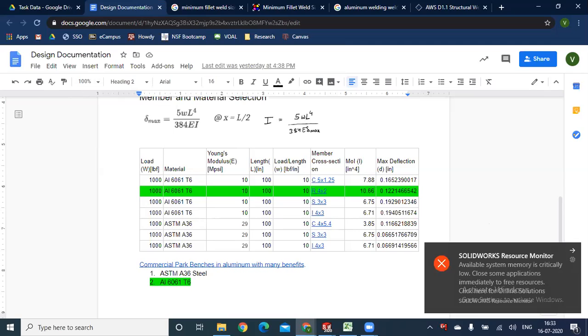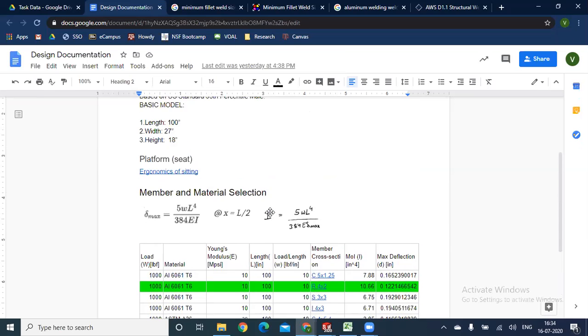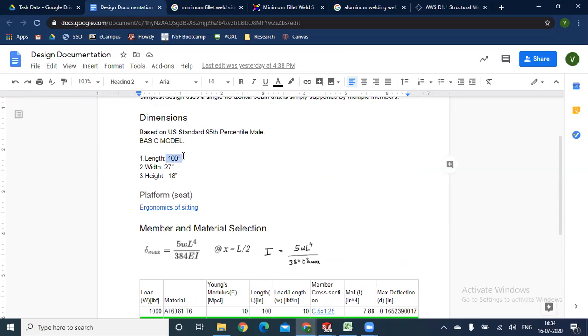And then the other was ASTM A36, which is a steel, which has a very high Young's modulus. It's widely available in different shapes and forms. So out of these 2 options, I used the deflection formula, and as you can see, the Young's modulus. This is all data I got from different sources, which I'm going to mention as references in the document that I submit. So the length is again a requirement that I got off of